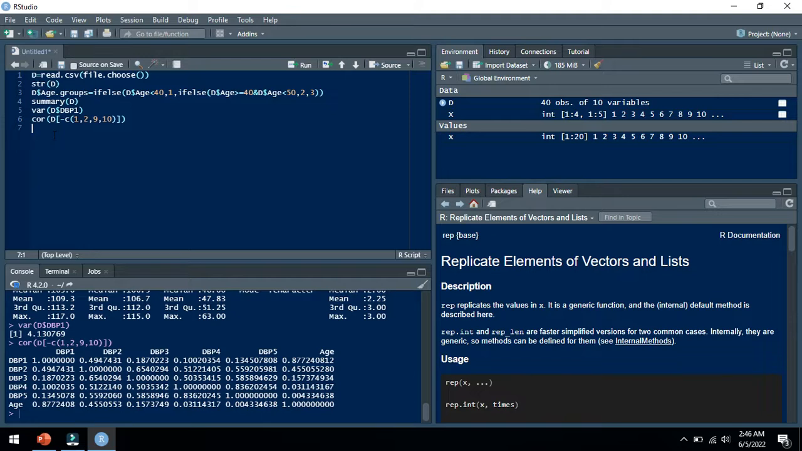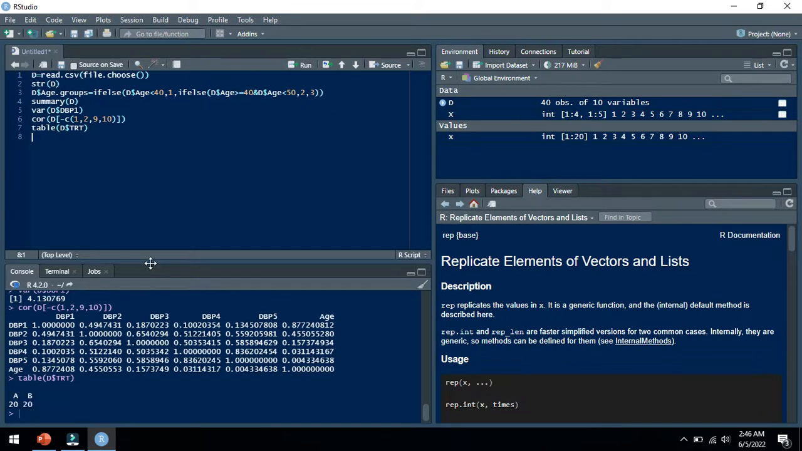more specifically, we need to find a frequency table for our qualitative variables. So I will give a command of table to find a frequency table for my variable treatment. You can see the number of patients allocated to treatment A and treatment B. Using this command, we have 20 patients allocated to treatment A and 20 patients allocated to treatment B, and you can name this table as T1, and now you can